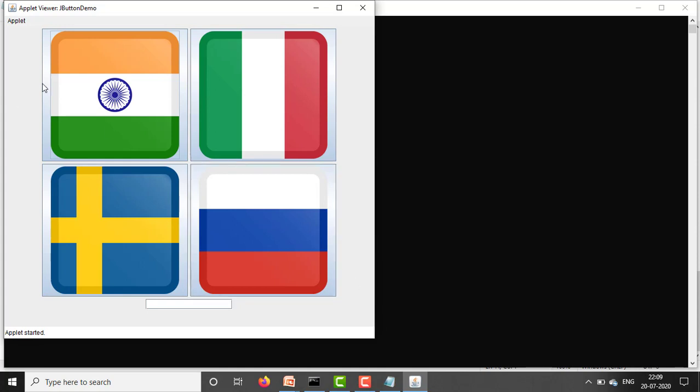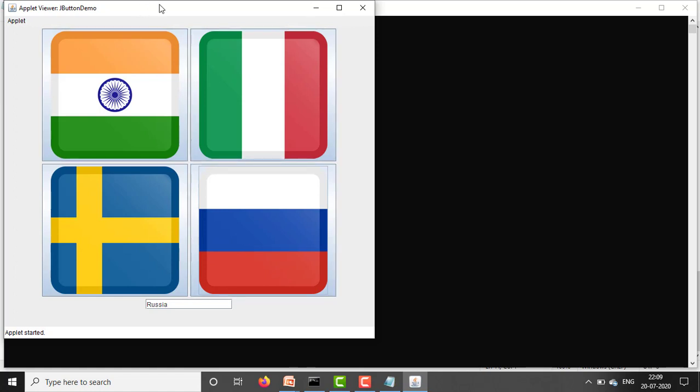See this, these are the four buttons, button 1, 2, 3, 4. Whenever we click on a button, its action command will be displayed here. When I click on this, it displays Sweden, Russia, like this.